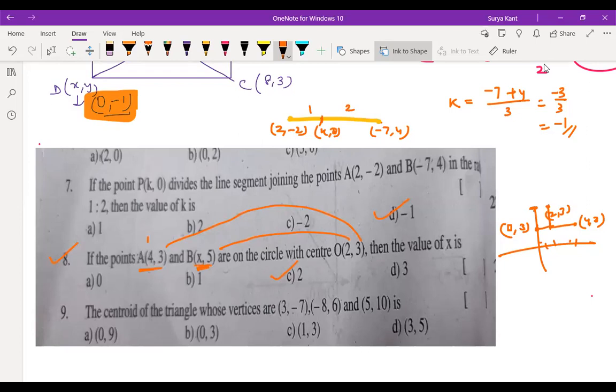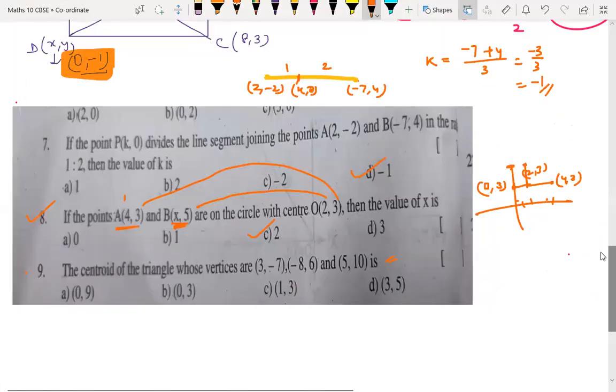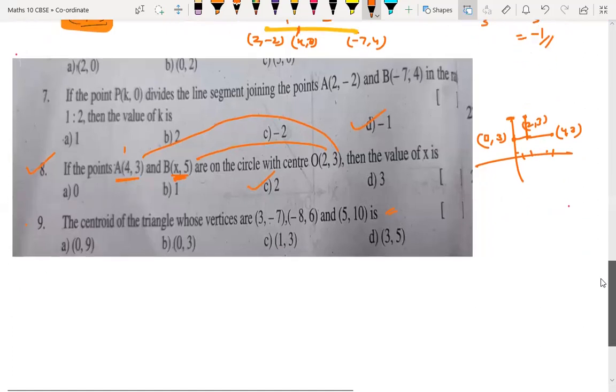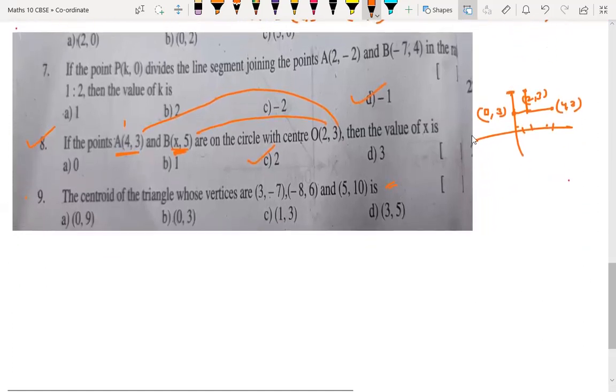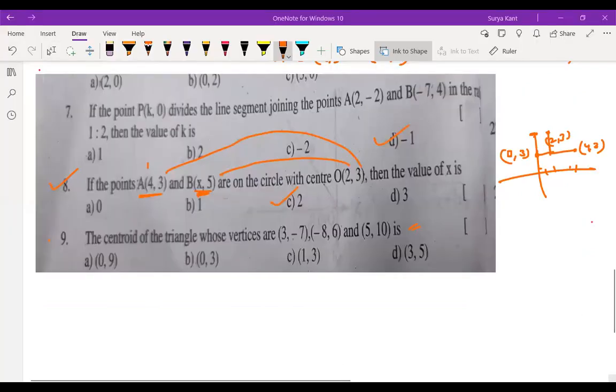Next, question number 9th. Centroid you are not having, leave this, children. Don't do this right now. Centroid of a triangle is not there for you. Yes, sir. The centroid is deleted, I think. The area of the triangle is also. No, normal area of a triangle you may have, but centroid and all you are not having with you right now. Okay.